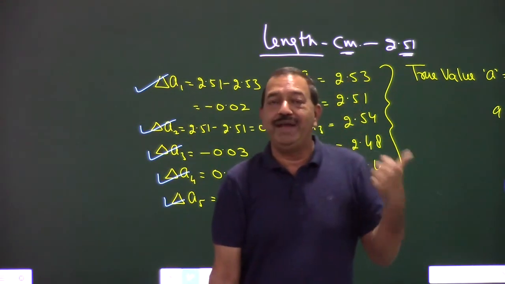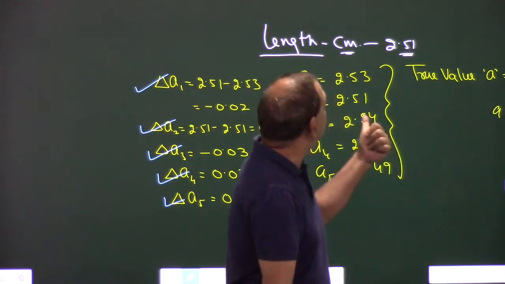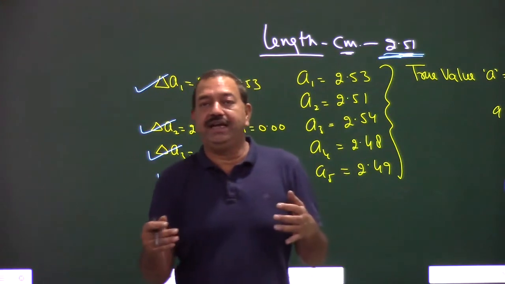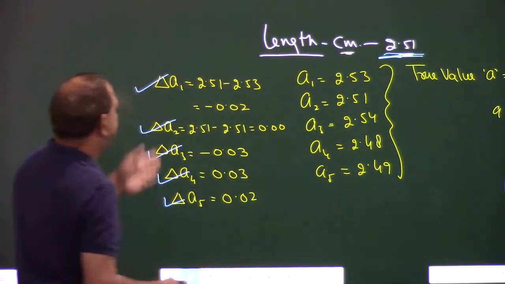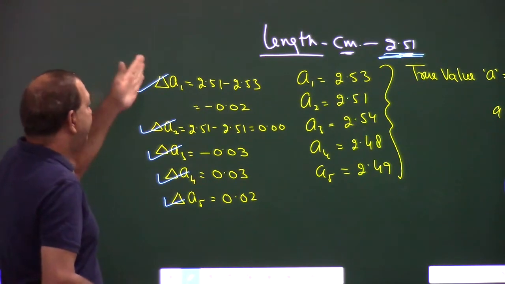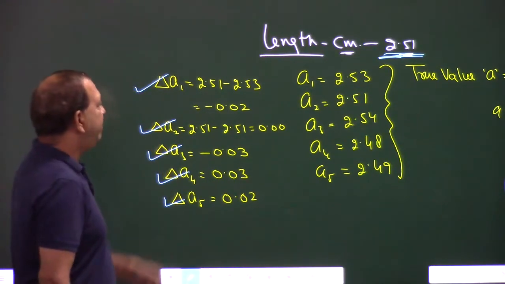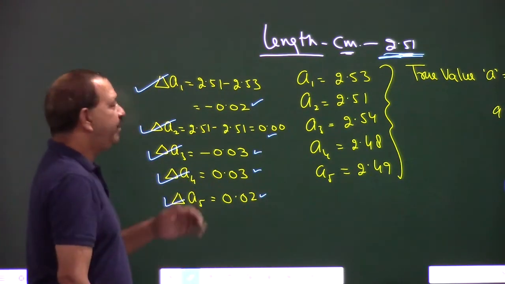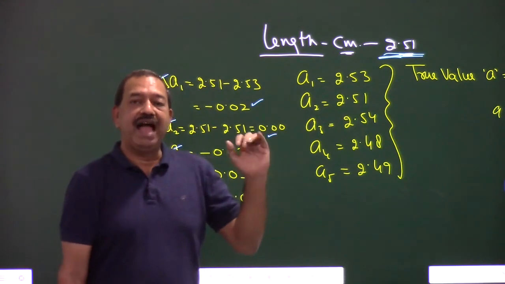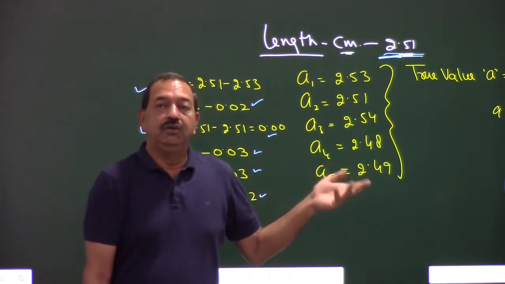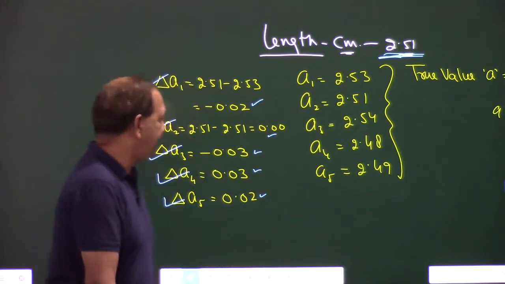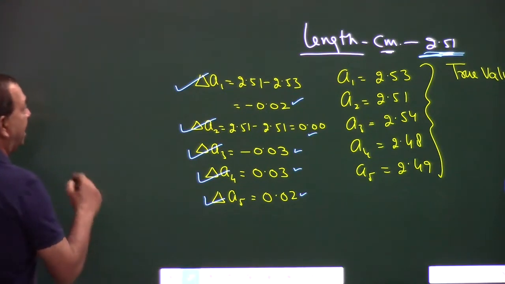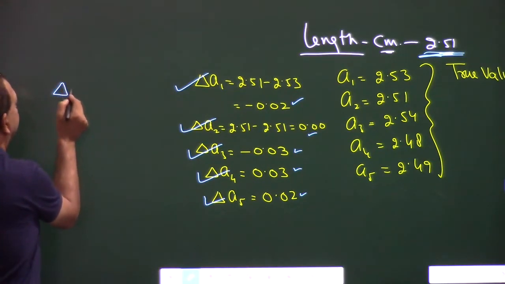But what is the error of the total value, this value? To calculate this error, we take the average of all these errors. But when we take the average of all these errors and make a sum, that will come out as 0. So we don't take a simple average. We take the average while taking them positive. उनको पॉजिटिव लेते हुए एवरेज निकालना है. So if I calculate the average, I will write that delta A is equal to